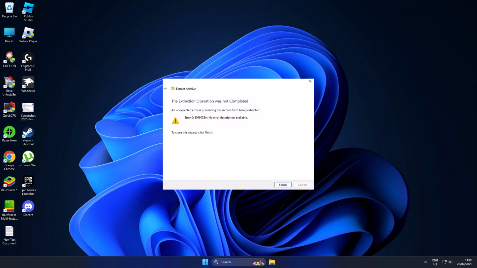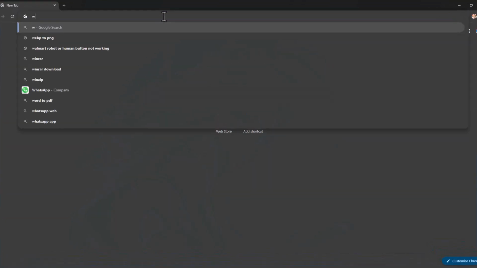Today we are going to see how to fix error code 0x8096002a on Windows 10 or Windows 11. Let's fix it, guys. Open up Chrome and search WinRAR